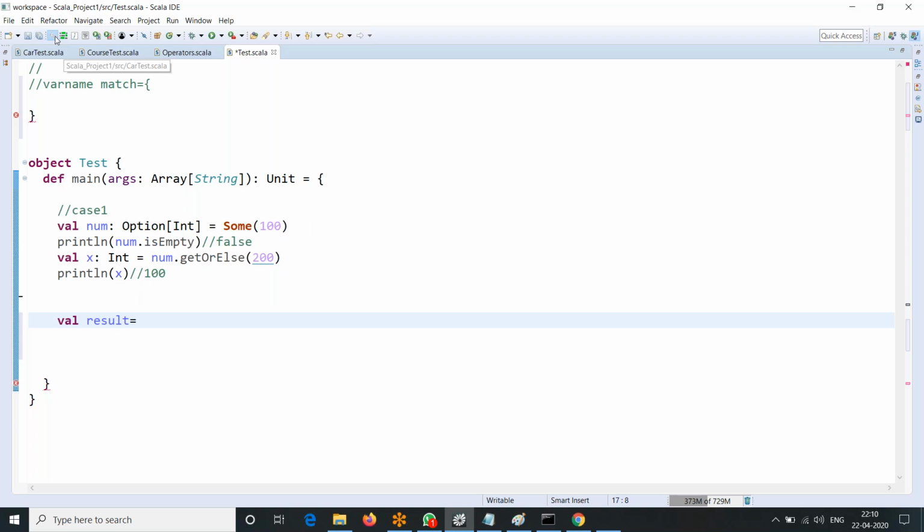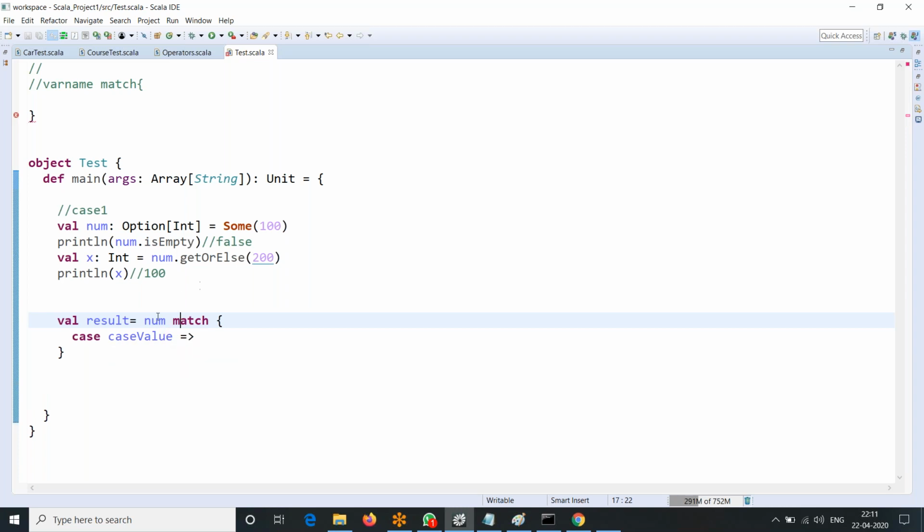This works like this. The num expression is what I am comparing with all the case values.